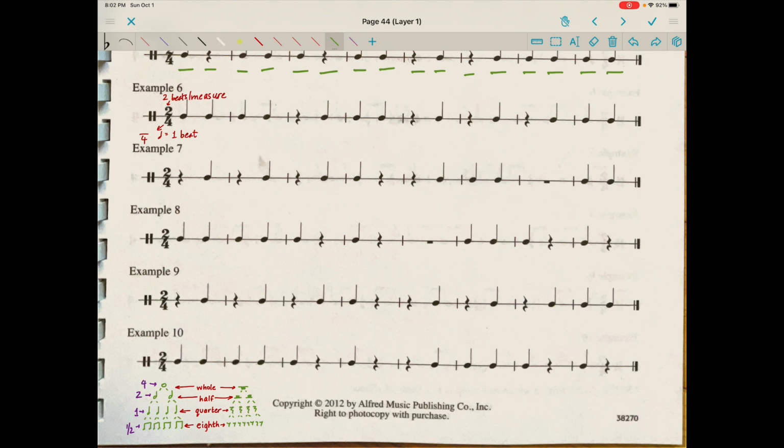So in looking at our example, we can see we have quarter notes, quarter rests, and then we have a weird looking thing over here that looks a whole lot like a whole rest. But we know we only have 2 beats per measure and that a half note's already worth 2 beats. So how can we have a whole rest, which is supposed to be worth 4 beats, in this measure?